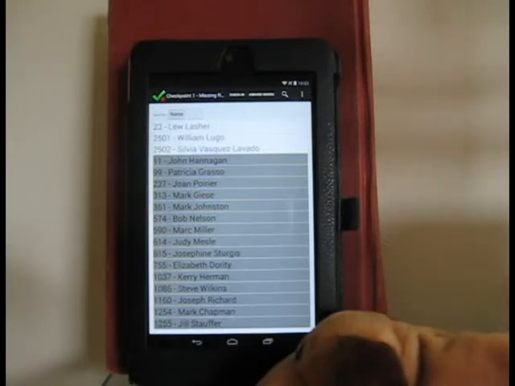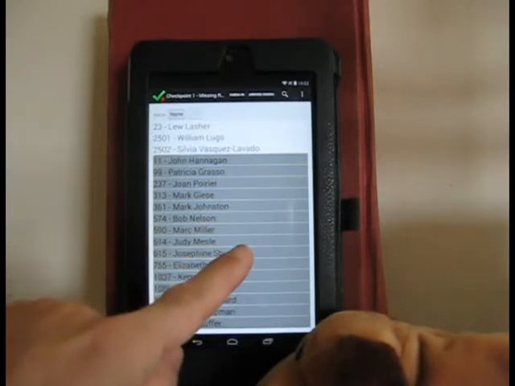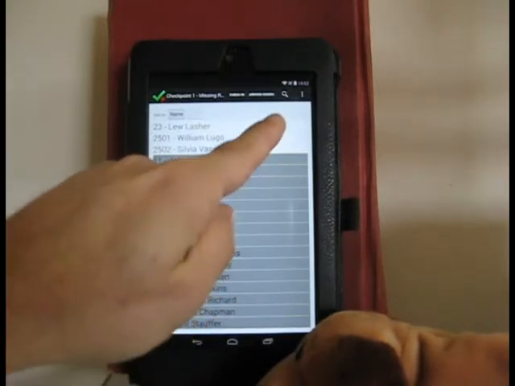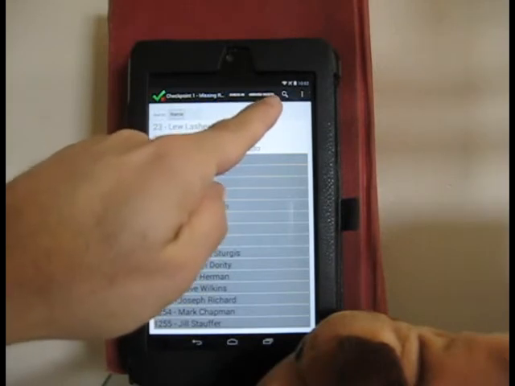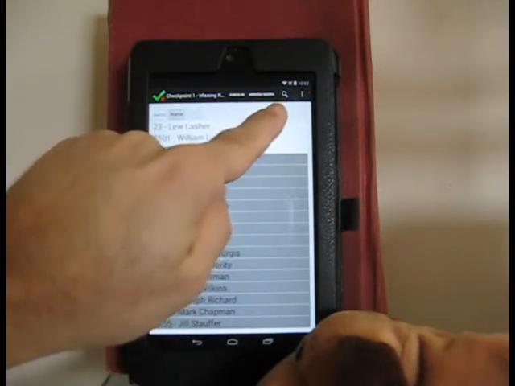So let's say that someone were to ask you whether someone has shown up yet. You could just look in both places, and at this point, with only 6 people actually riding, that would be plausible, but ordinarily you wouldn't want to have to scroll through both the arrived and the missing lists to answer that question. So there's also a search feature. You can see up in the top bar there towards the right, there's the standard search icon,